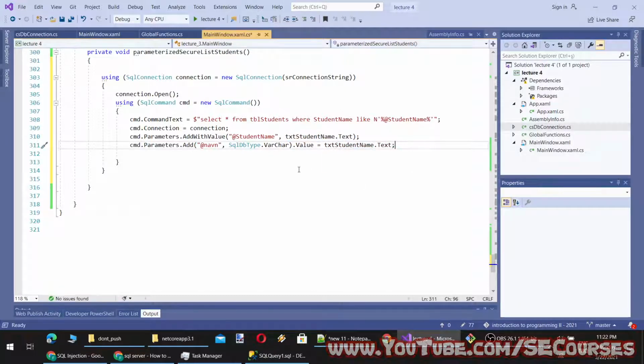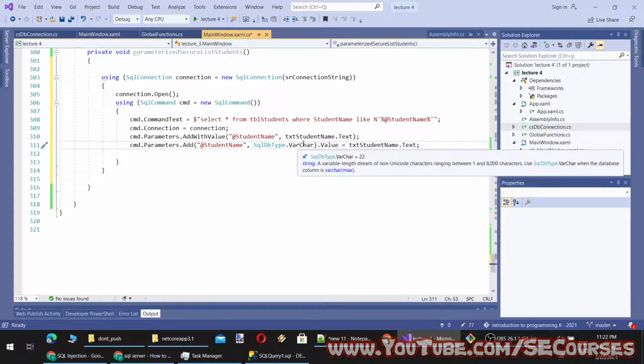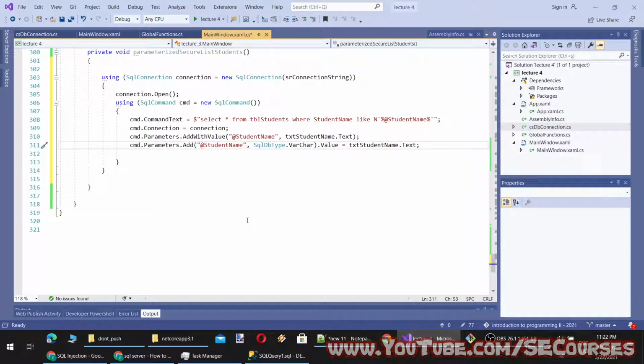So they are the same, but here we are providing the data type of the parameters. Currently this is string, therefore it can automatically understand when executing on SQL Server. However, if you are using a special object, then you can also define values like this.